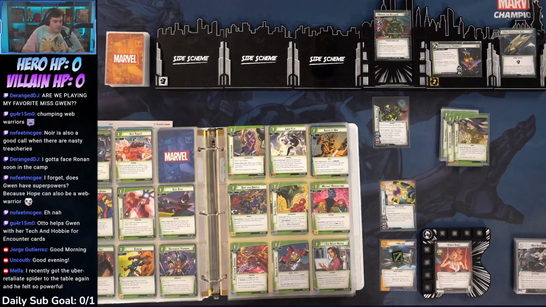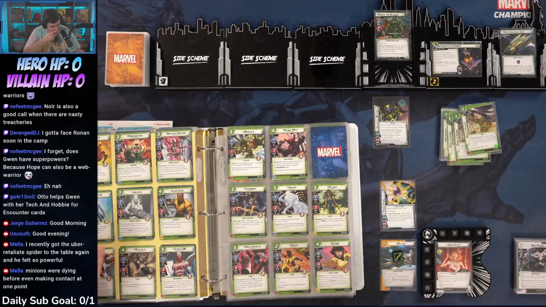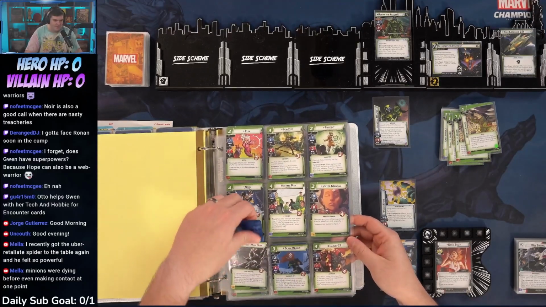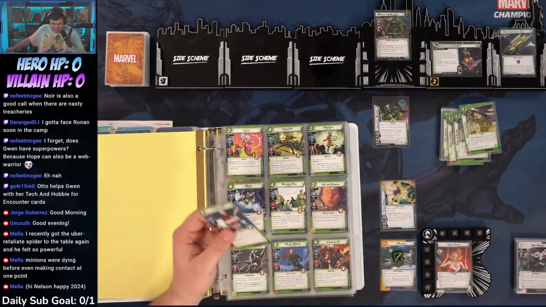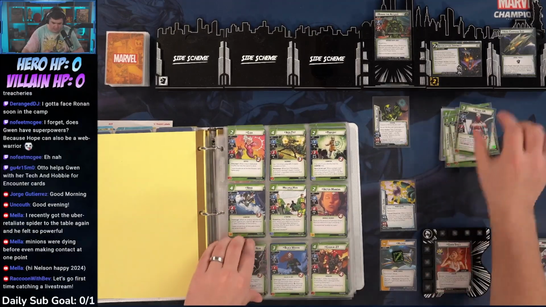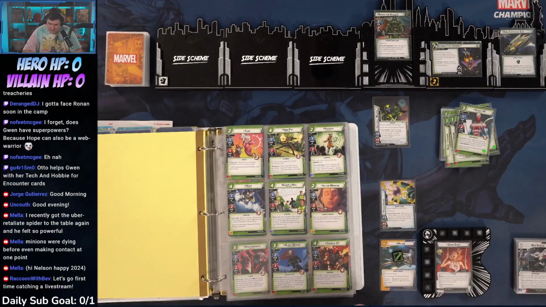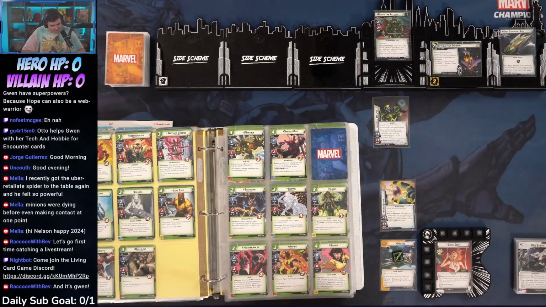I recently got into the Uber Retaliate Spider to the table again. He felt so powerful. Oh, nice. The Spider UK is pretty great. Minions to find before even making contact. Nice. Yeah, let's grab him, and then we'll grab Nor. We'll just go ahead and do exactly what I said we weren't going to do and fill out the spiders, because that sounds fun. I think we got Spider-Man Miles. I don't know if I want to lean into the stun lock or the confuse lock here, but